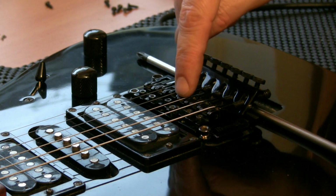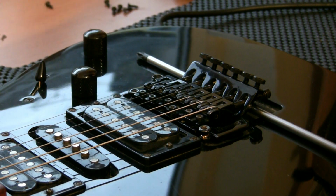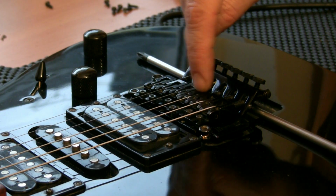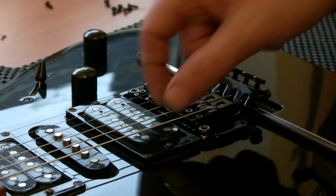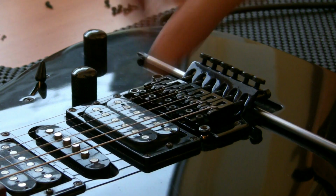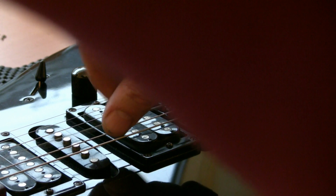The intonation on this D string here is out, it's sharp on the 12th fret, so we need to lengthen the string length. So we're going to move this saddle this way. To do that, I'm going to loosen the string, and loosen it well enough for me to be able to move that saddle back. And how we do that is,